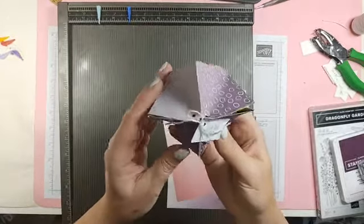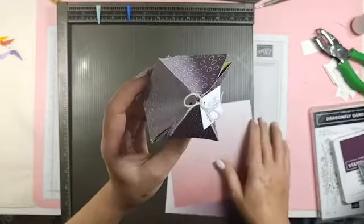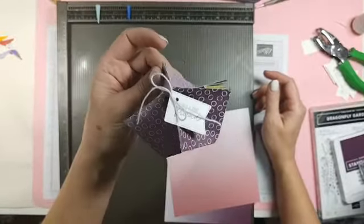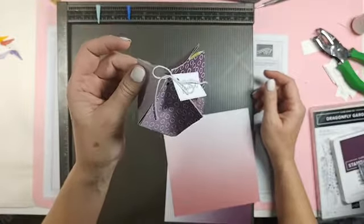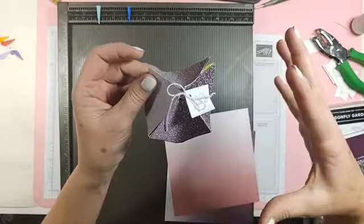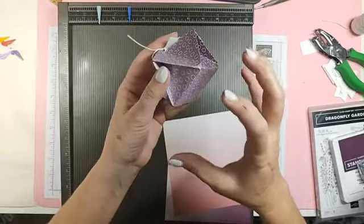So, look at this cute treat holder. I don't even know what to call it. It's a box. I don't know. There's no name for it. And that's exactly what the lady who created it said. So I got this from Pootles. She made one out of a 12 by 12 sheet of paper. So it was ginormous. So if you need one where the bottom is 4 inches,